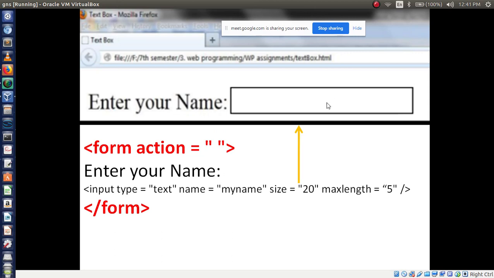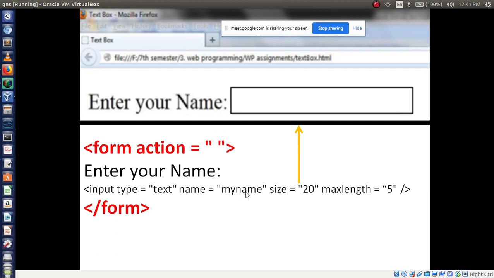For that purpose I have to recognize what the name is for this box. So that's why I have to give name is equal to my name. Any name you can give, not only my name compulsorily.